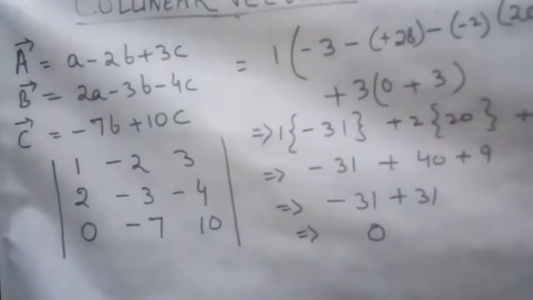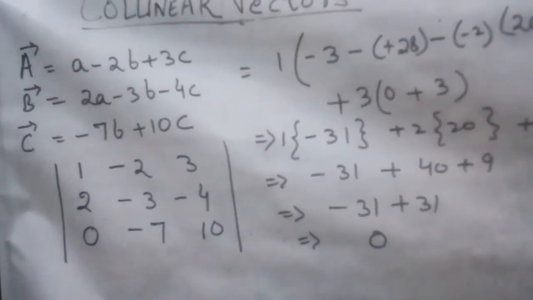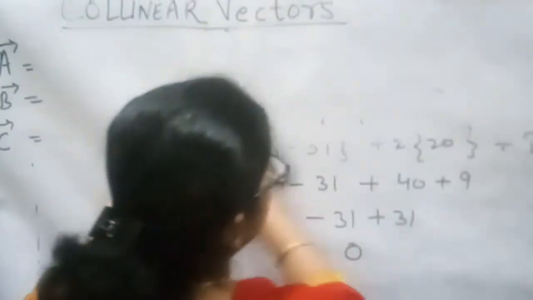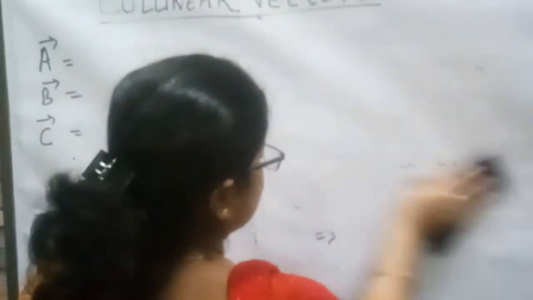Now see the case for 4 vectors. When we have 4 vectors, how can we solve whether they are coplanar and collinear. This was the video till the end. I will also tell you the different cases, and if you want other videos like that, you can click the links given below in my video. Now just consider another case of 4 vectors.